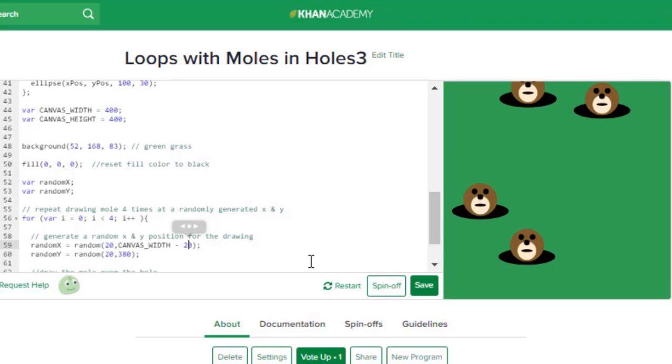I meant to type 20. X position is going to be somewhere between 20 here and 20 from the max. And that's a little easier to read than 380 because we have to remember that the